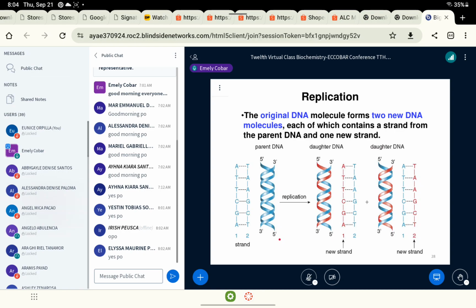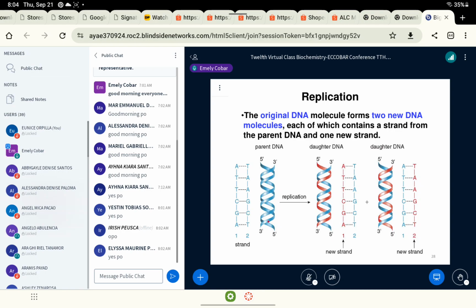The sequence of the bases in the daughter DNA. Okay, so let's start here. The original DNA molecule. Okay, so the original DNA molecule, alam natin sa nasabi na kanina na it is made